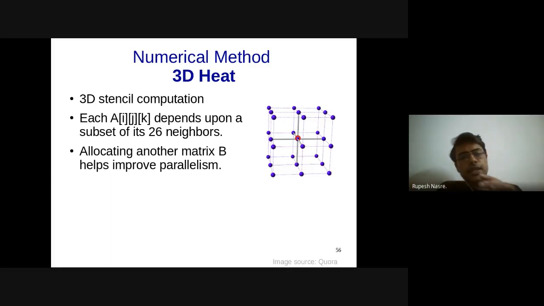So in one iteration, you use one matrix, let's say A, as the input and B as the output, where B is going to be write only, A is going to be read only, and therefore there is no data race across the two. So you have separated this not in terms of time, but in terms of space, and therefore there is no data race. In the context of red-black, we separated the processing in terms of time. Now we are separating in terms of space. A and B matrices are separate.